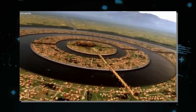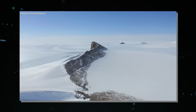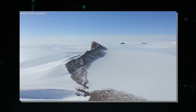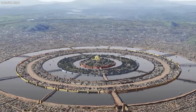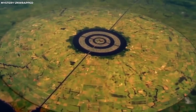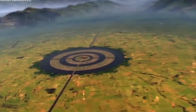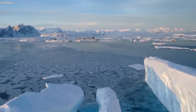Theorists claim elaborate structures and artifacts from Atlantean civilization could potentially be unearthed as the ice recedes in coming decades. Some even believe advanced Atlantean technologies could be uncovered, revolutionizing modern science. While stories of Atlantis may seem far-fetched, the notion of an ancient lost civilization beneath Antarctic ice